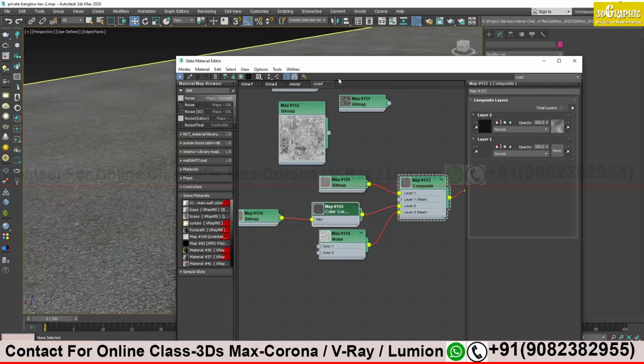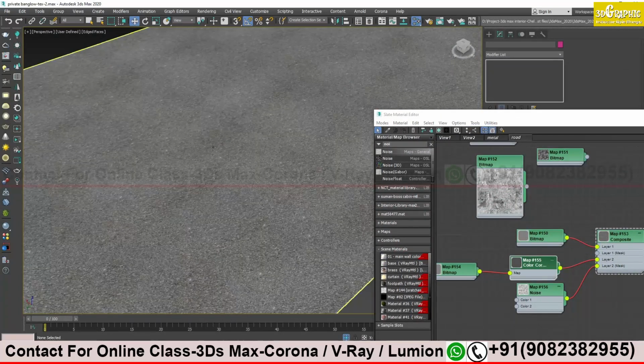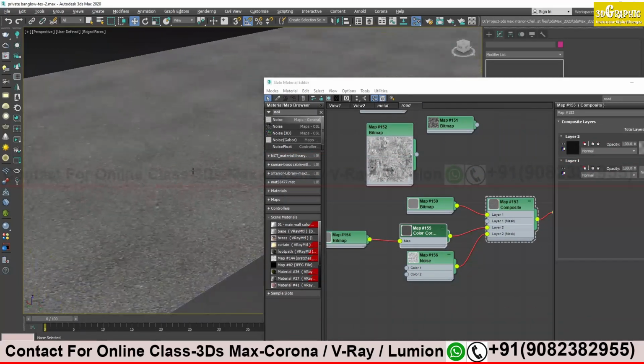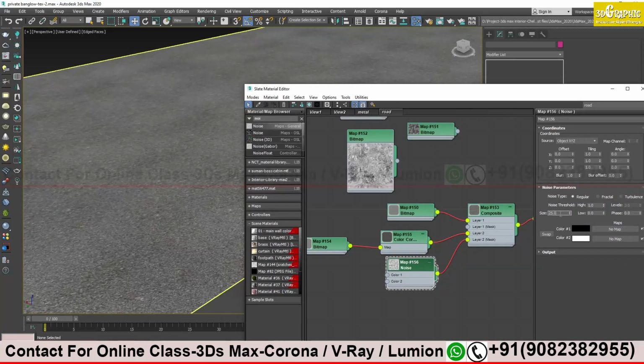You see the patches coming. Then you can increase and decrease the noise amount and the size to create an interesting pattern.